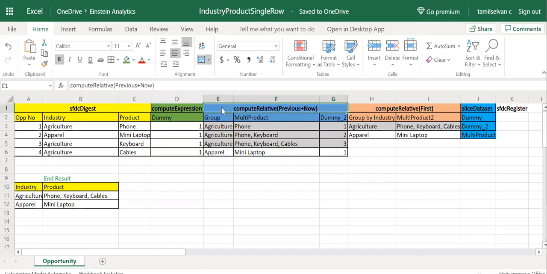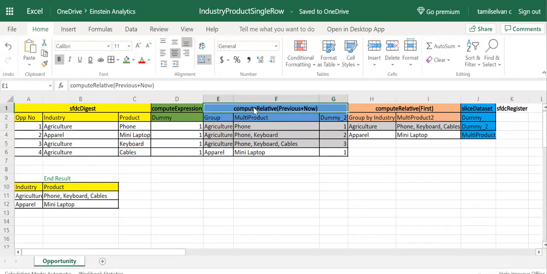Next, we are going to use the compute relative transformation. Compute expression is used for applying a calculation in the same row, based on the same row's information. We can't get other rows' information and apply the calculation.